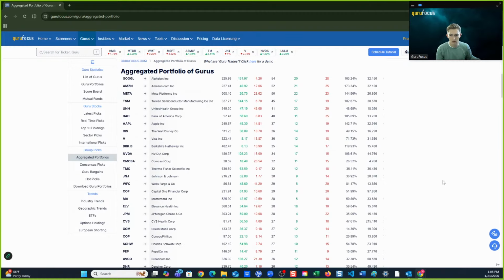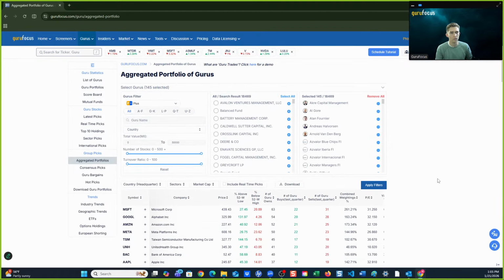You can download that into Excel, throw it into a portfolio. So this is a really cool tool. You can make that guru list really big, really small. Just depends on what it is you are trying to